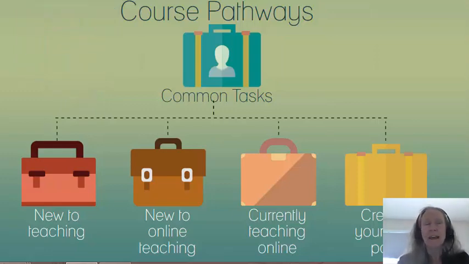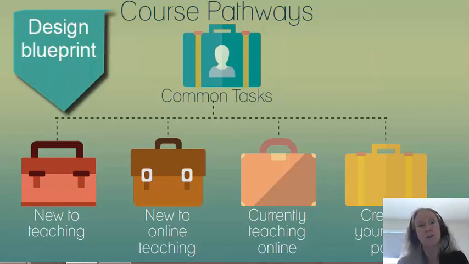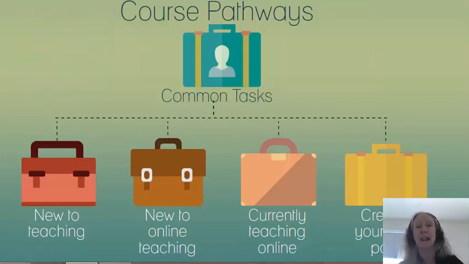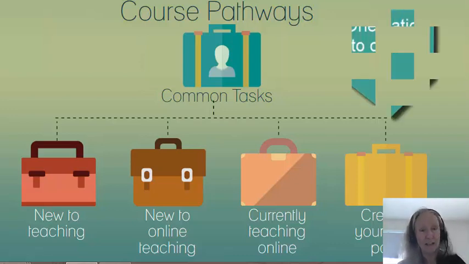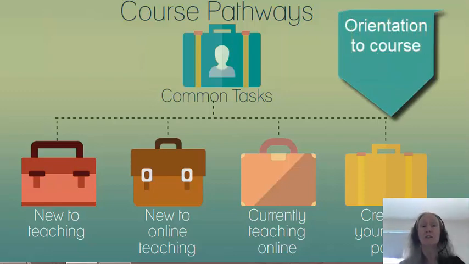This is a planning document that will serve as a blueprint for your course, and you will use this as your plan of design, every item that you want to include. The second item that is a common task is to create an orientation module for this online course or this